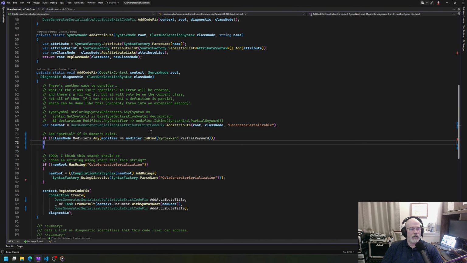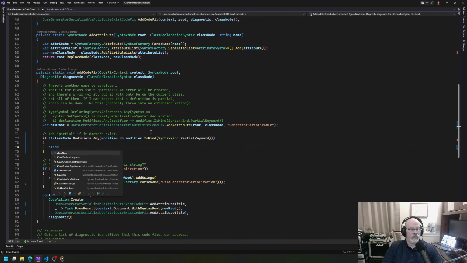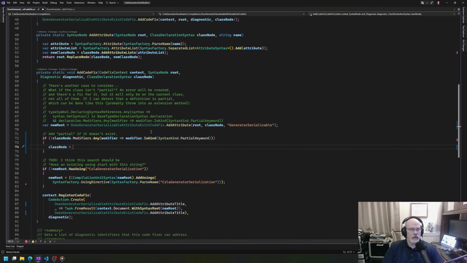Okay, so if we don't have any modifiers, we want to say class node is equal to